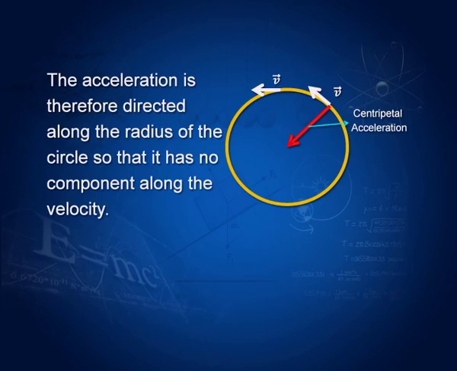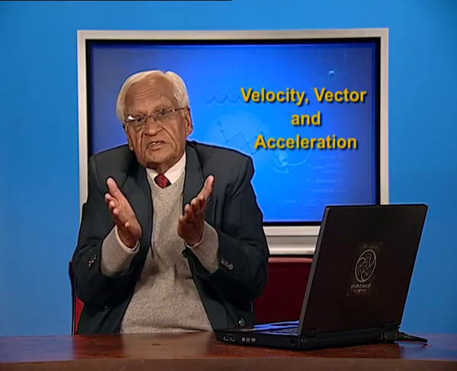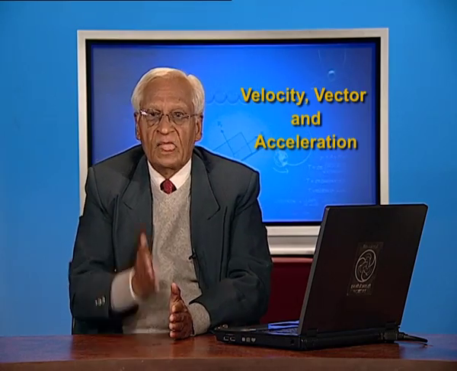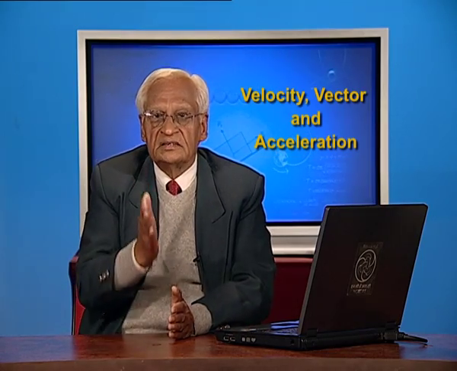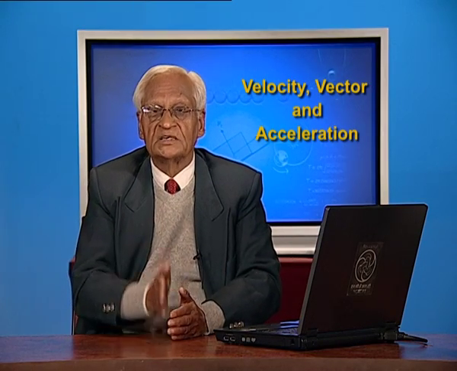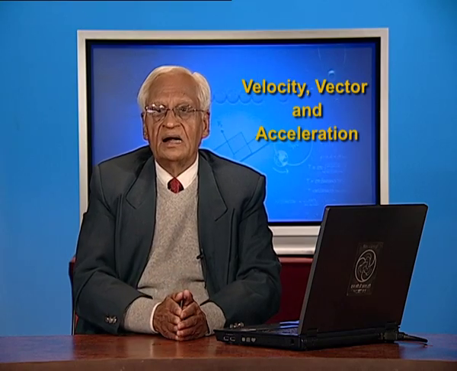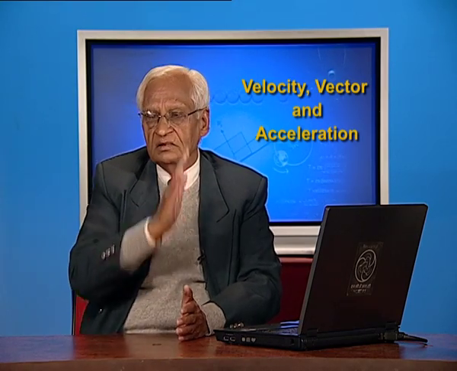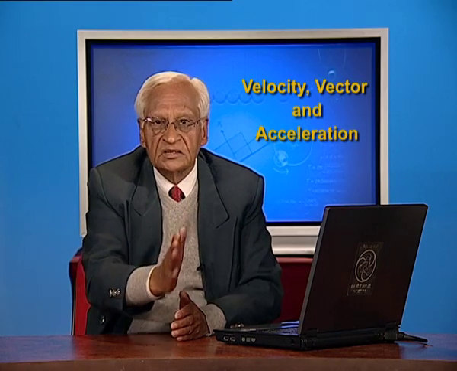Here I take an example, a circular motion. At each point the velocity vector, although it does not change in magnitude if it is a uniform circular motion, changes its direction. If the direction changes, as we have said just now, that means that the motion is accelerated. And if the motion is accelerated, where is the acceleration? Because the velocity magnitude is not changing, the acceleration must be in such a direction that it has no component along v, so that the magnitude of v remains constant.